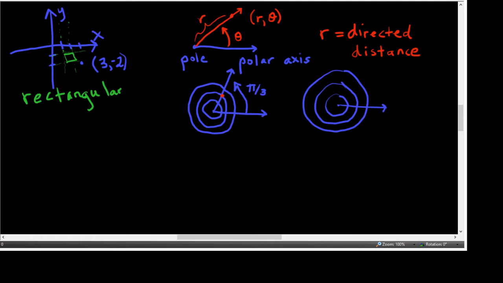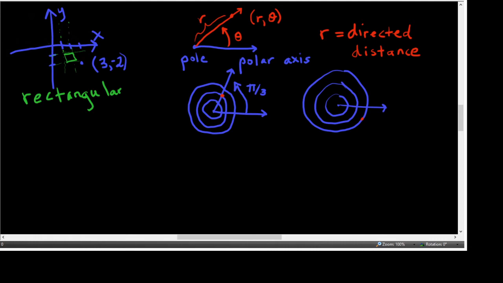If I wanted to name this point, I could use, as they did, 3, -pi over 6. I always do the angle first when I'm graphing. So from the polar axis, go clockwise pi over 6, and then from the pole out 3. And that's where that red dot is on the second polar graph, as you see in part B of figure 10.36. Or we could have gone all the way around from the polar axis counterclockwise, 11 pi over 6, and